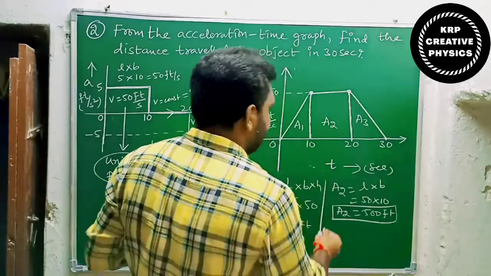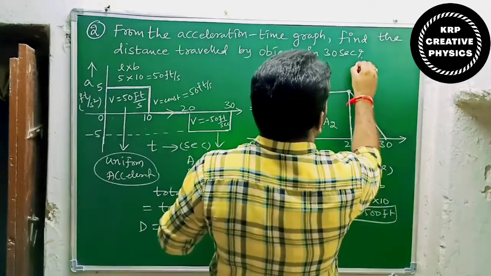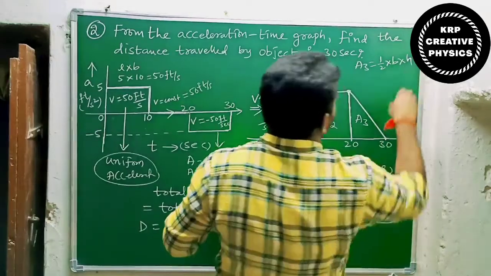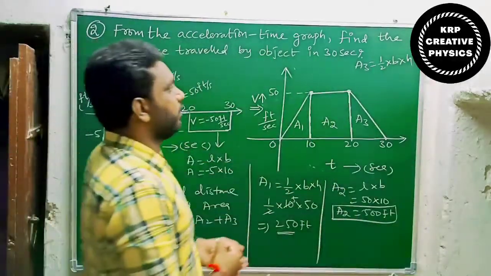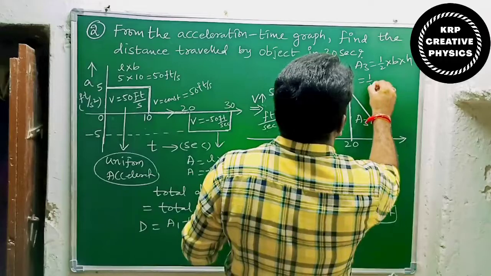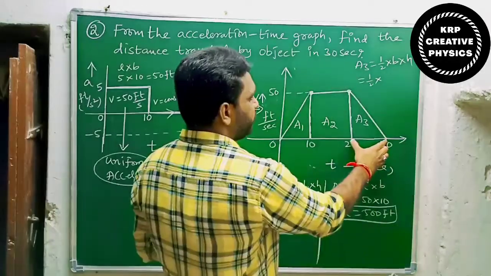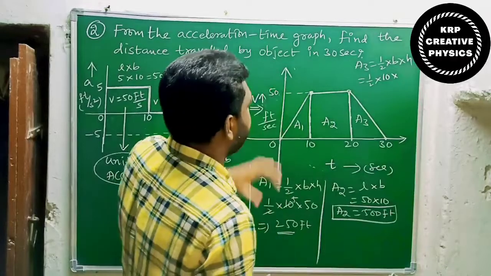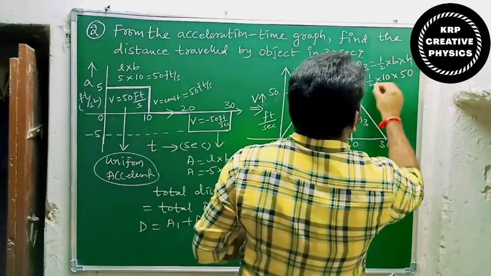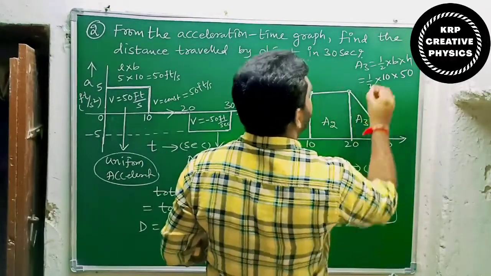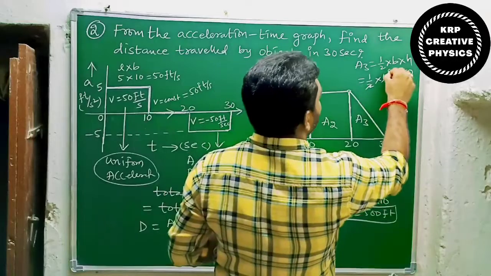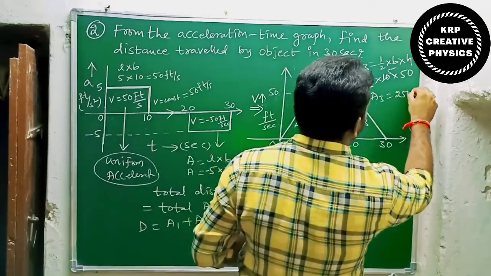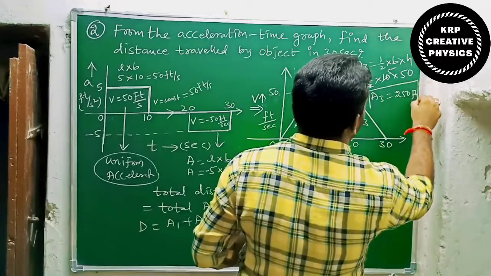Next we need to find the area of the last triangle here, the second triangle. So A3 equal to half into base into height. Okay, substitute the values. Half. What about the base here? Same. 30 minus 20, 10. Height how much? Height is same always. 50. So height is the same here. Same thing, half into 10 into 50, how much? 250. A3 equal to how much? 250 feet. So we got A3 also 250 feet.